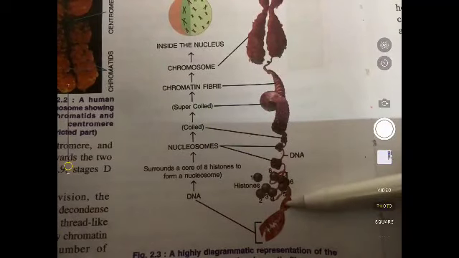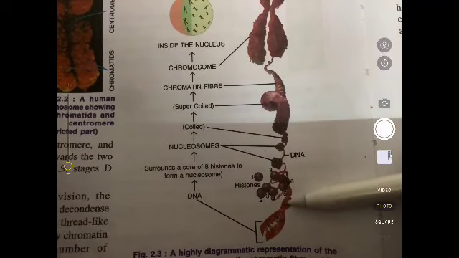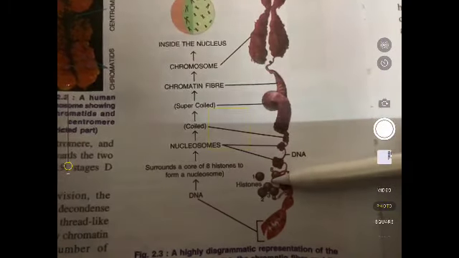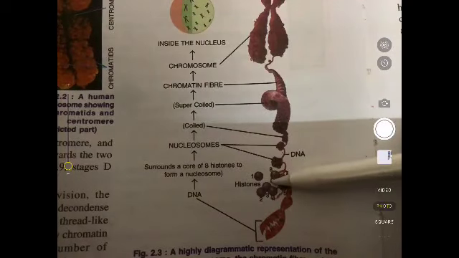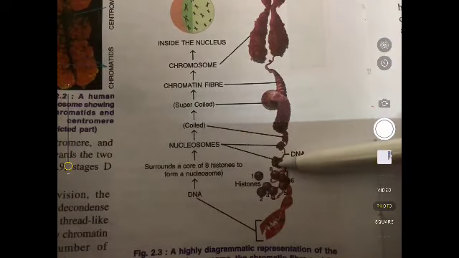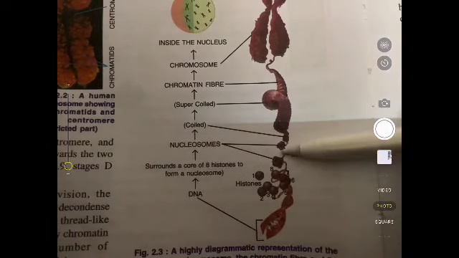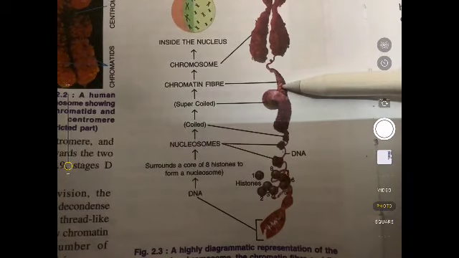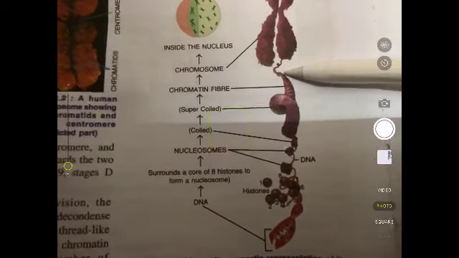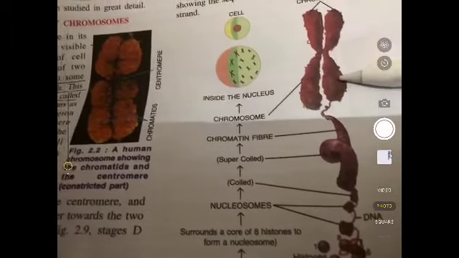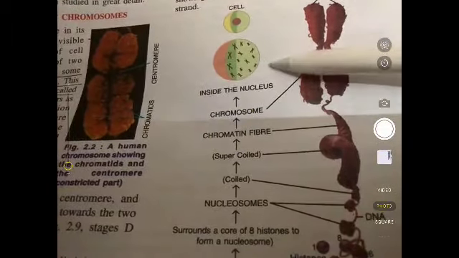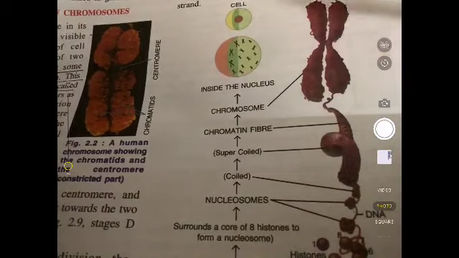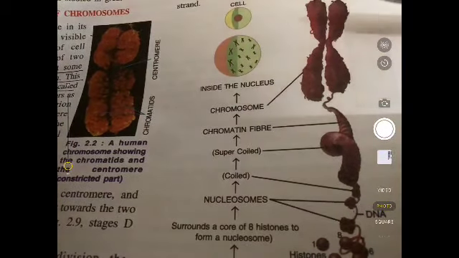This DNA is made up of some compounds, and then it forms one thread. The thread overlaps over the 8 histone proteins, which is called an octamer, and then these histone proteins and DNA together form beads. These beads are called nucleosomes. When these nucleosomes are very highly coiled, they form a chromatin fiber. When the chromatin fiber is highly condensed, it attains the shape of a chromosome, and then the chromosome is filled inside the nucleus, and the nucleus is lying inside the cell, and this whole living world is made up of cells, that you know very well.